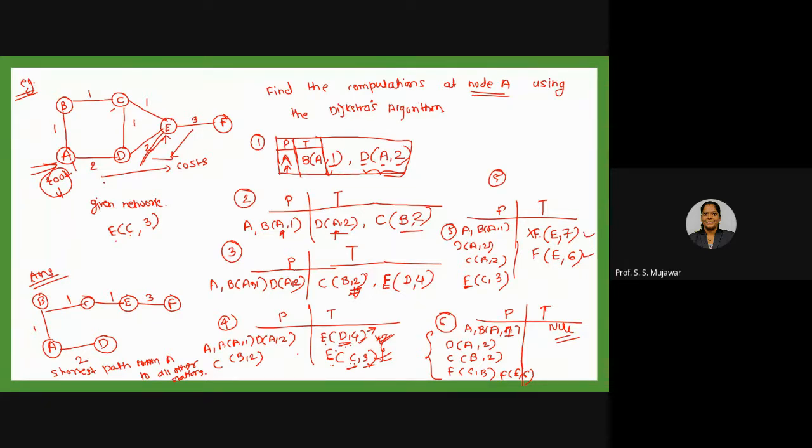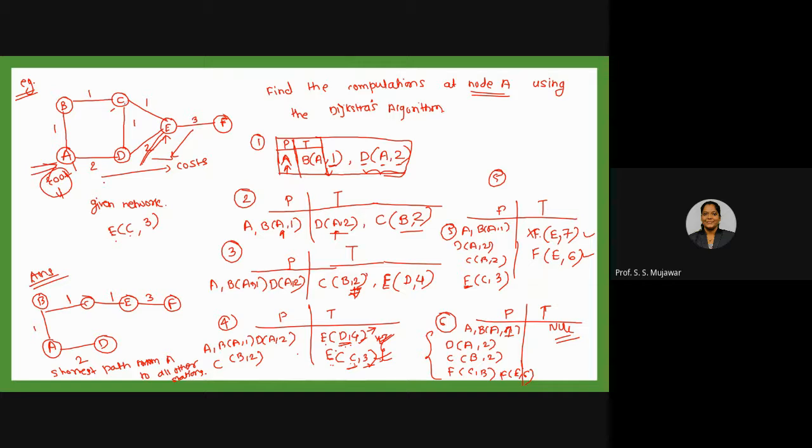So D of A2 I have moved into the permanent one, and the rest of the parameters will be written into the temporary. So C of B2 as it is, this one I have written as it is, C of B2. Okay, now D I have moved into the permanent one. So now I need to check who is the directly connected neighbor to this D router. So D is available here. So connected nodes are A, C and E, right? So A is already visited. No need to write it into the temporary, right?